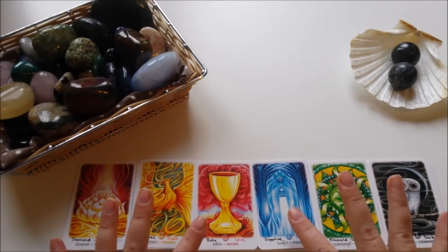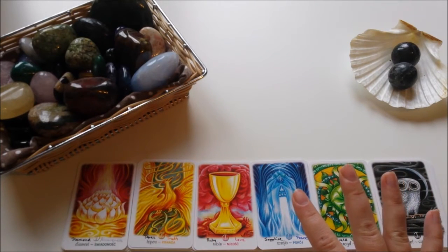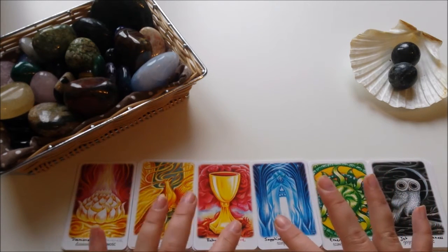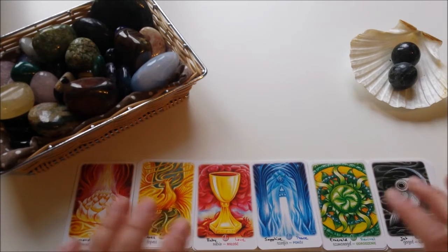The deck is divided into 6 suits, if you want to say so, regarding the color. So you have first the white and clear stones, then the yellow, orange and brown ones, the red and pink ones, the blue and purple ones, the green ones, and the gray and black ones. So all stones are sorted under these color ranges,